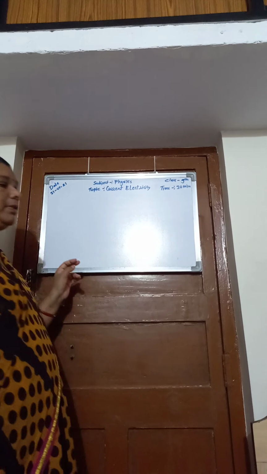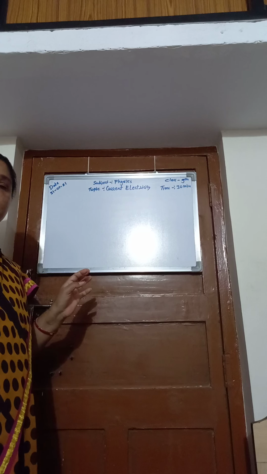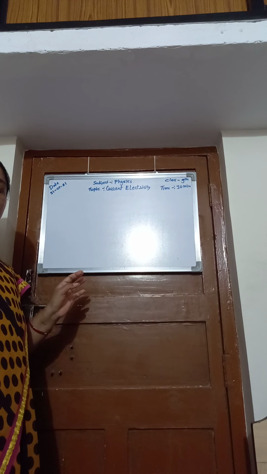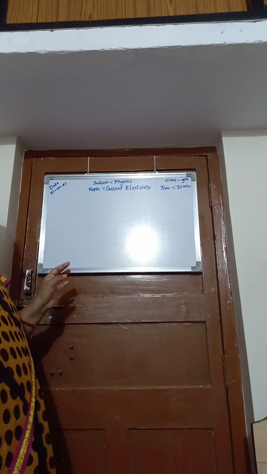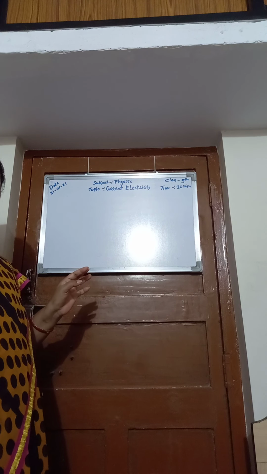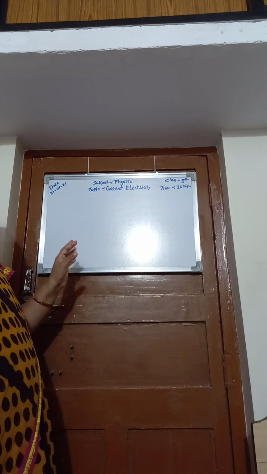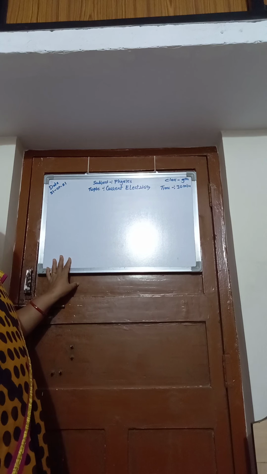Okay. First, you know what is resistance. Who will tell me the definition of resistance? Resistance means the term which opposes the flow of current through it. A resistor is the device which opposes the current flow through it. Then what opposes the current flow through it is the resistance.